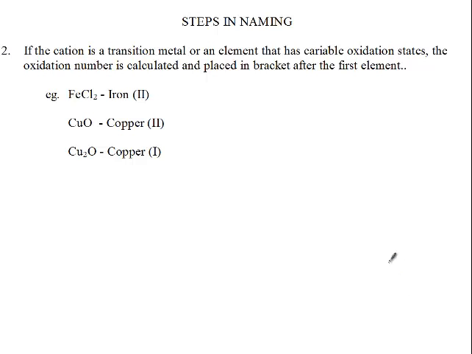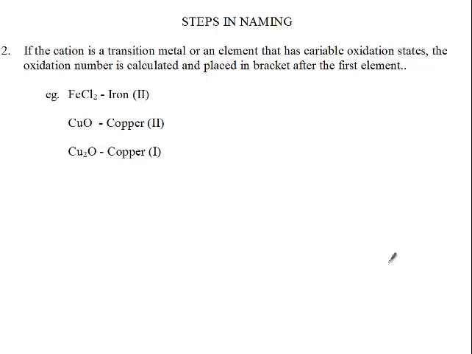Step 1 was to identify the first element and then name that element. The first element is the cation. The cation is the donor of electrons. Now, if the cation is a group 1 element, we are safe because we know that group 1 elements have